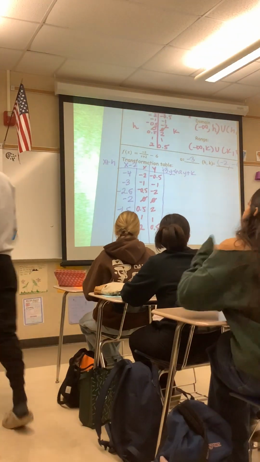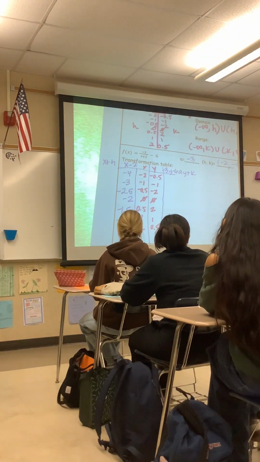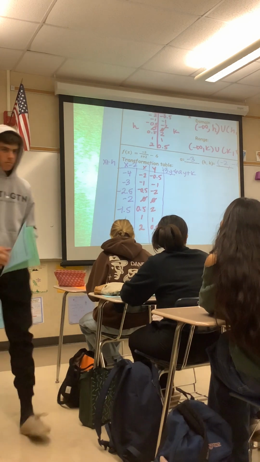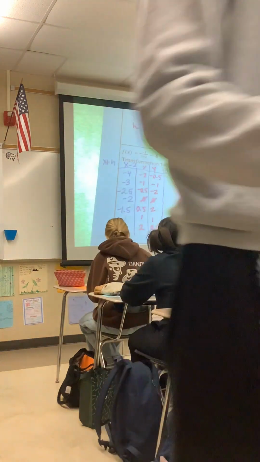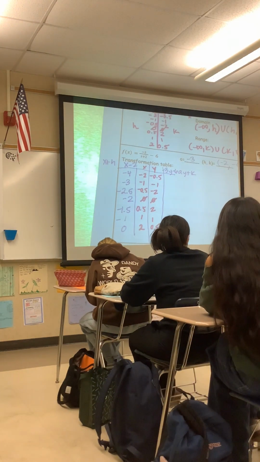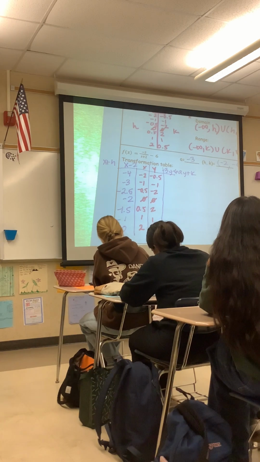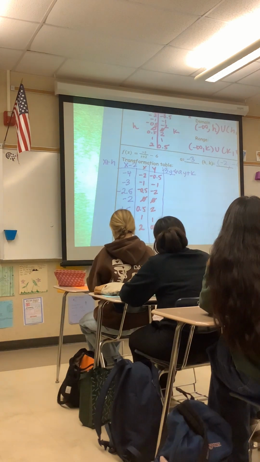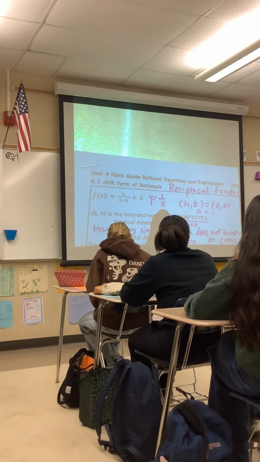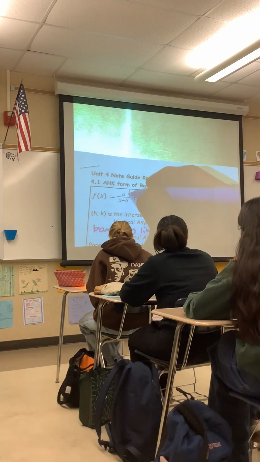So all this to say, over time, we won't necessarily need the parent function. We start with the parent function to understand the shape. And after we get more familiar with it, we start to understand the relationship with the a, the h, and the k. Grayson. So how did you get the x's to the y's, like the parent functions? Okay. So in the parent function, you always pretend that a is 1 and